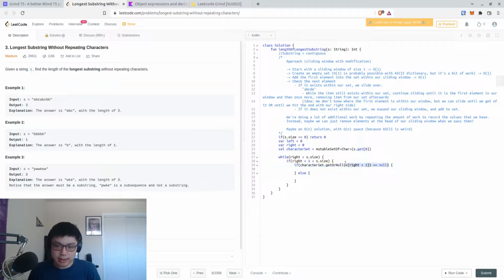So if the character set of the next character does not exist, then we can say right plus plus. So we increment on the right. And this is only if the next element is still within the confines of the string. So we won't get a null here and then just go on forever, or add in a random null. So we increment here, and set add s at right plus 1. If it does exist,